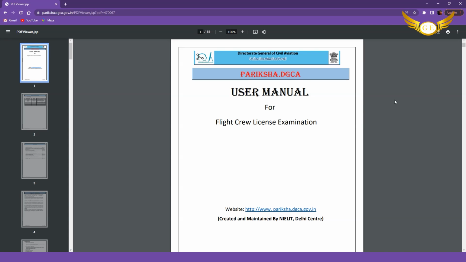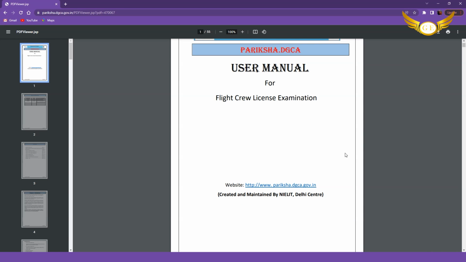Click on the flight crew manual. Here are a bunch of instructions of what are the documents that you need for your computer number and how it is to be applied and sent for. It's just a manual which is better to be read before you start applying for your computer number, because it